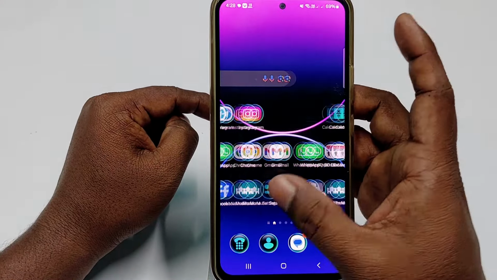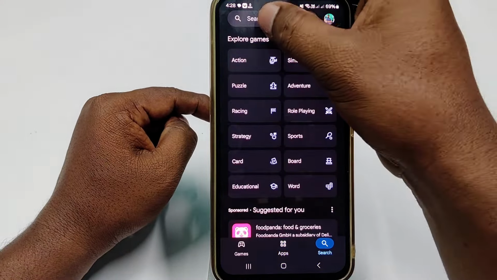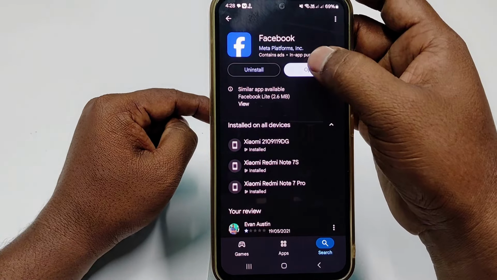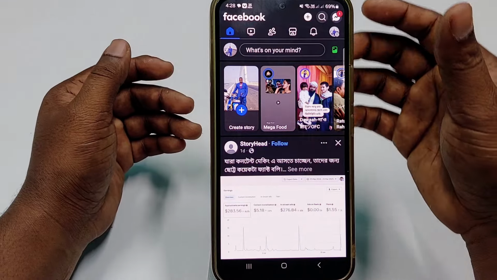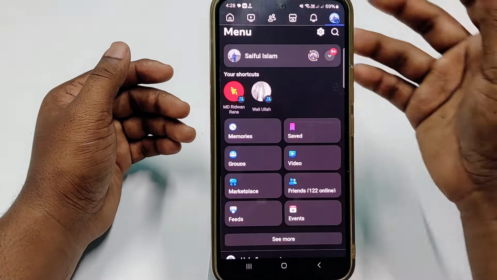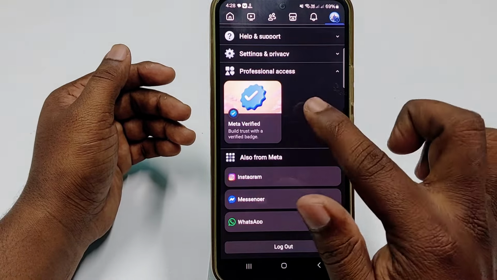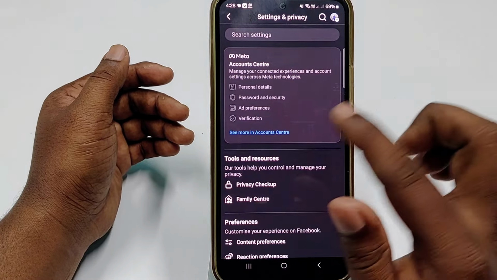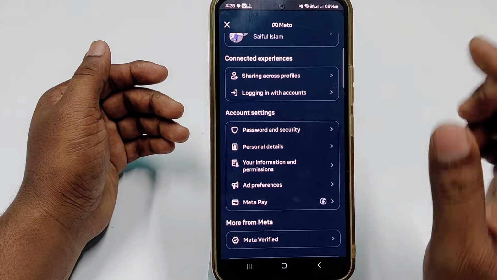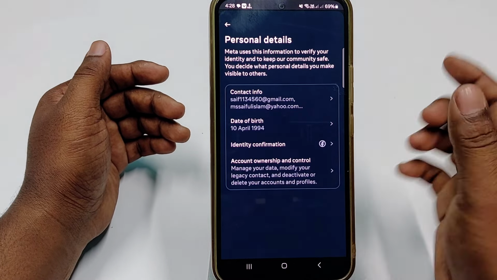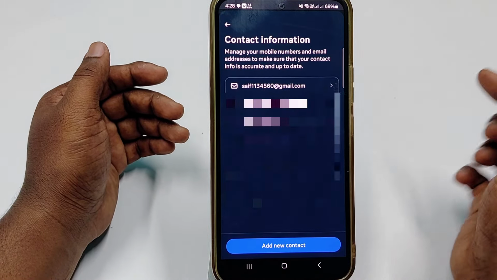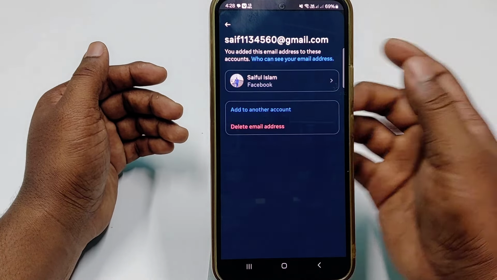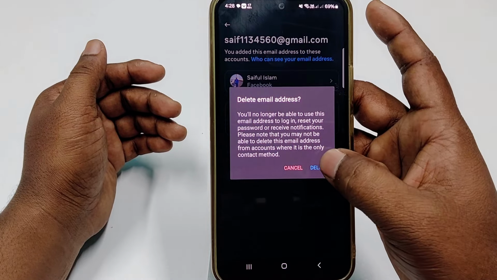So first of all, you will need to go to Play Store, and after that you need to update your Facebook application first. After updating your Facebook application, just click the open option, then log in to your Facebook account, and after that click the profile icon, then scroll down and click settings and privacy, then settings, and click see more in account center, then personal details, then contact information, and I want to remove this Gmail account. Okay, so let me click the first one, then click delete email address, and if I click delete,